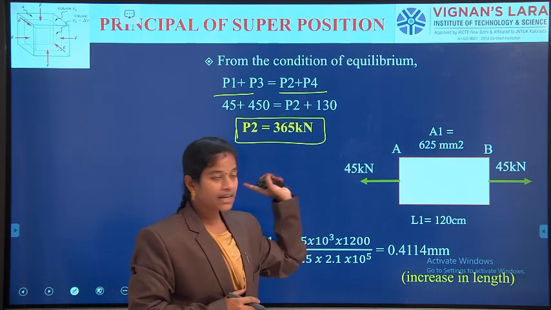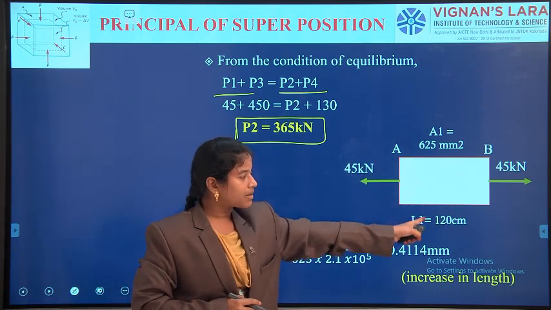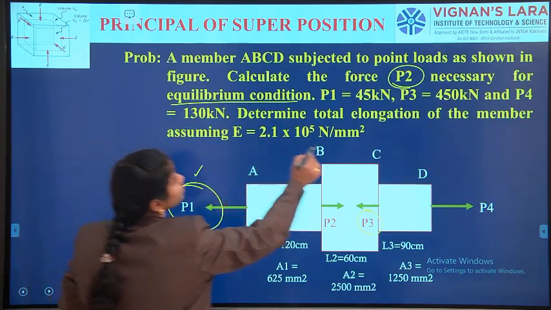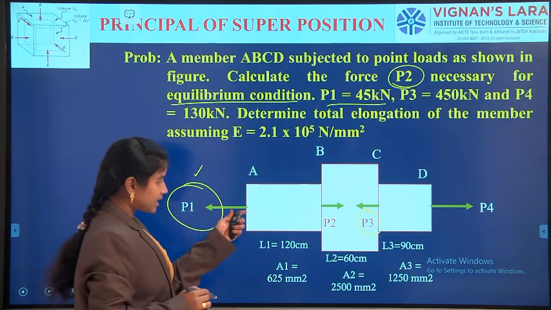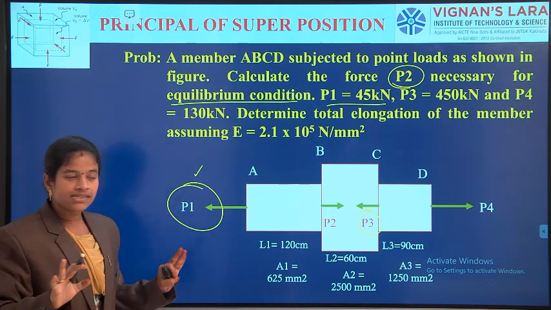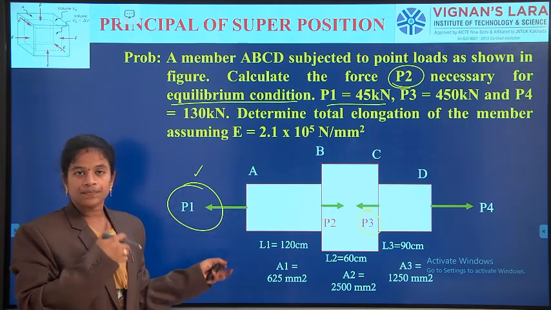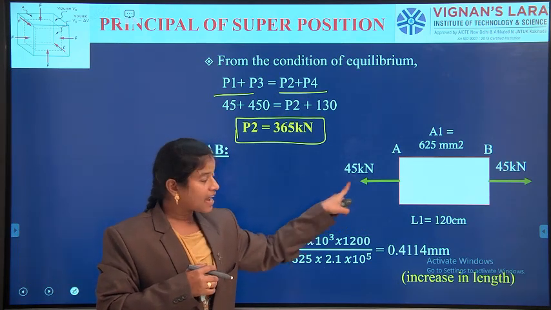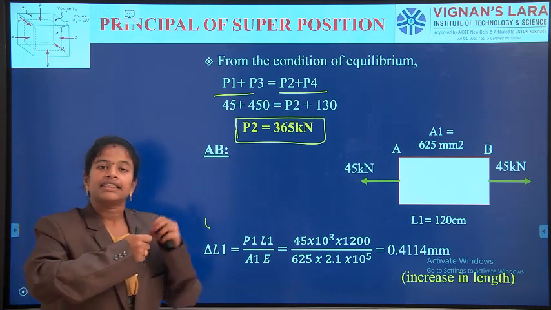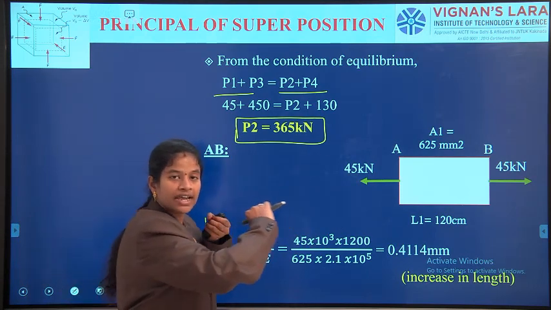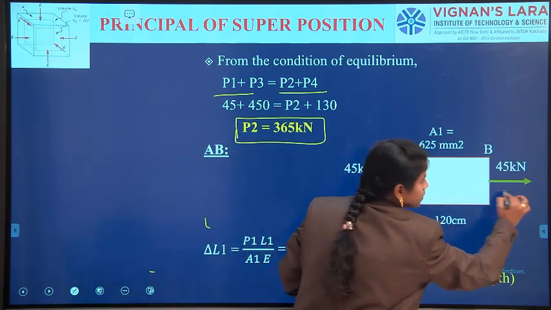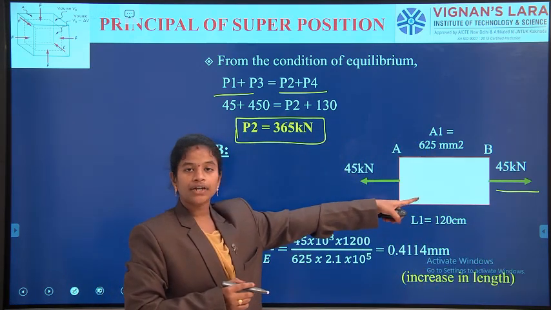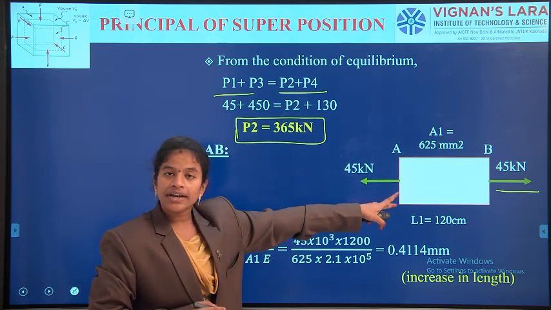See, for AB segment, A and B segment of length and area of cross section, that P1 is equal to 45 kilonewton, that is purely without any disturbance. This P1 is acting in this way. So, firstly, I have indicated that when one value of tensile is like this, that body in the opposite direction also will have the same tensile force of 45 kilonewton in that direction. So, indication of that 45 kilonewton. Now, this body is ready.